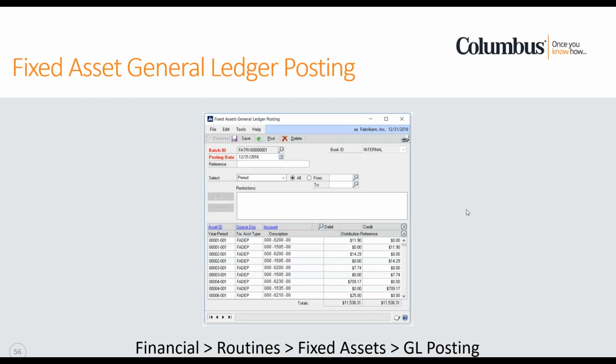This is the fixed asset general ledger posting screen. We can access it through financial, routines, fixed assets, and then GL posting. So this is how we get the information that we've been collecting in fixed assets over to the GL. Before this is done, there are no journal entries related to fixed assets. So it creates a batch